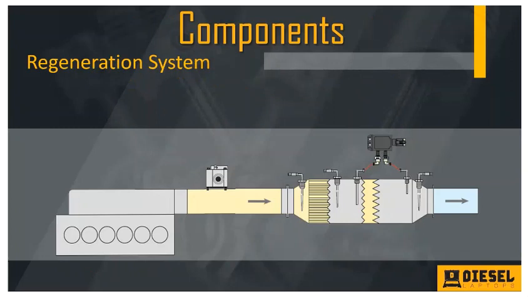So let's get into the basics of this. Let's talk about the components and what they do and how they work together. We're talking about the regeneration system, which was added onto American vehicles on highway in 2007, and the regeneration side is still on the vehicles today. What we refer to as the regeneration side of the system is the DOC and the DPF assembly, because